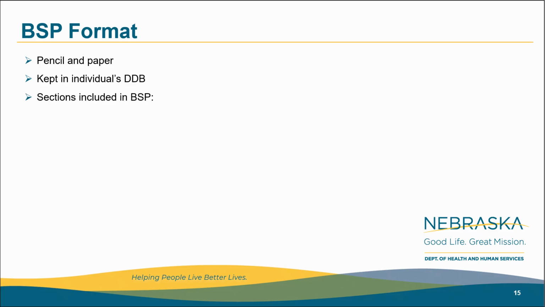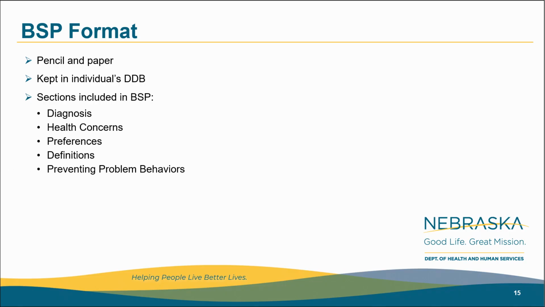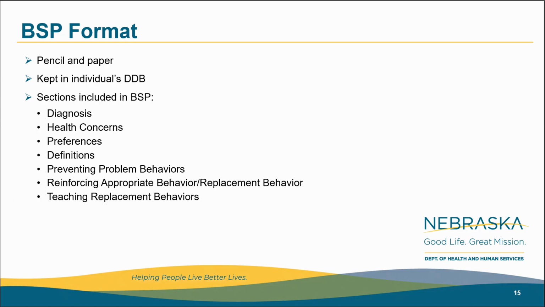The BSP document itself is divided into several sections, including mental health diagnoses, medical diagnoses that might impact behavior, preferences including foods, items, or activities that an individual prefers or enjoys, definitions of precursors, target behaviors, replacement behaviors, and the like, specific techniques designed to prevent or reduce the likelihood that problem behaviors will occur, ways to support desirable behaviors when they occur, how to teach the individual to engage in desirable or replacement behaviors, ways of responding to precursors,